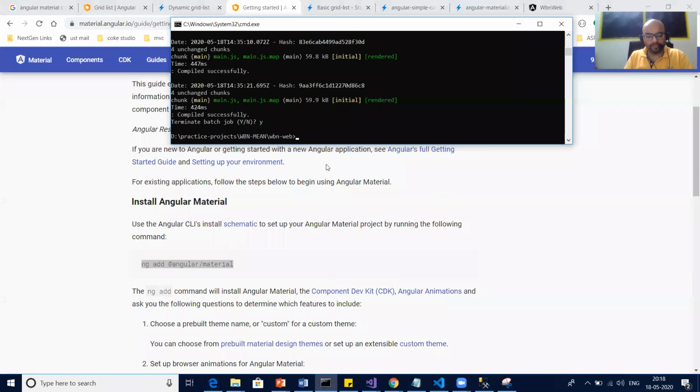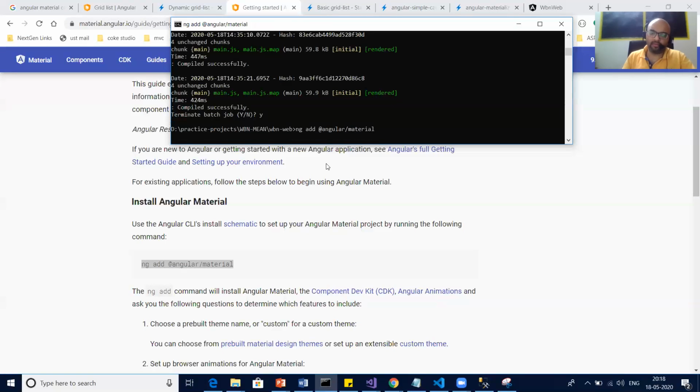Copy, paste, ng add Angular Material, enter.